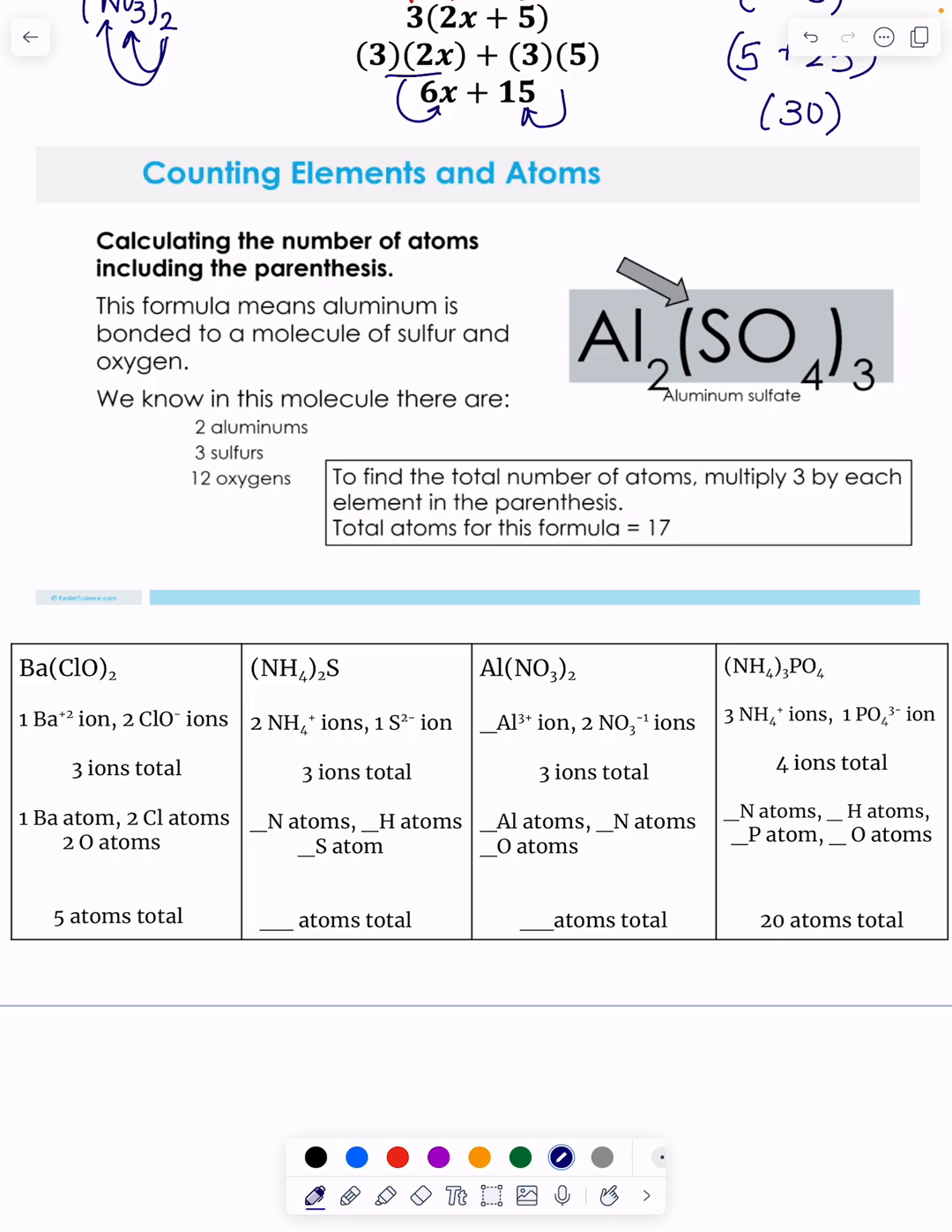So if I have something like this compound here that's called aluminum sulfate, this formula means aluminum is bonded to a molecule of sulfur and oxygen. And I'm going to actually draw the particle diagram so we could see where all of these numbers come from. If I represent aluminum with this dark blue circle, and I represent sulfur with a red circle, and then oxygen with a purple circle, let's draw that. We have 2 aluminums,